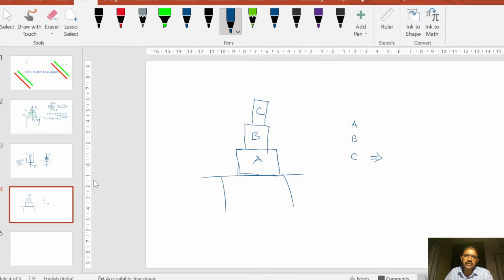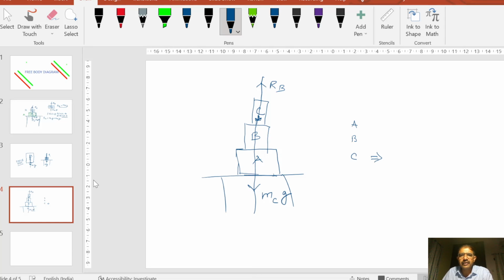what are the forces acting on block C? Block C is basically in contact with block B only. So one force that is always there is the force by which earth pulls block C in the downward direction. What is the value of that force? Earth pulls it downwards, say M C g. And the second is the normal reaction provided by block B on C, suppose I say RB.